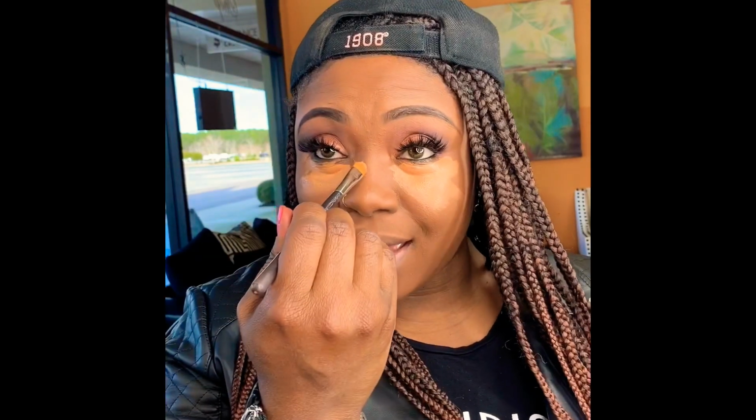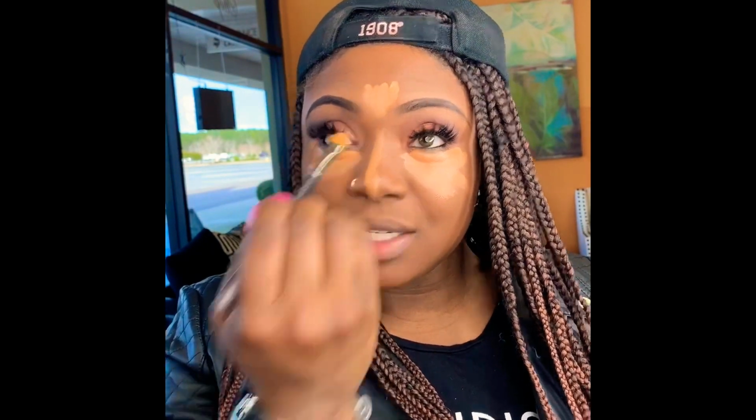foundations, especially when I'm doing, I do a lot of brides. I am a makeup artist in my city. I do a lot of brides, and they have to have their makeup done from the time I do it that morning, and it has to last them the entire day. Well, for that to happen, we got to make sure that darn thing don't move. We got to make sure that it don't just look good when we first take them pictures. It needs to look good all night, and it needs to stay in place without a whole bunch of touching